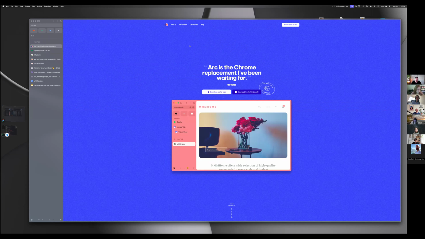Then when I'm somewhere on a link and I actually want to see a follow-up link, but I don't want to actually visit the website, I can actually click on